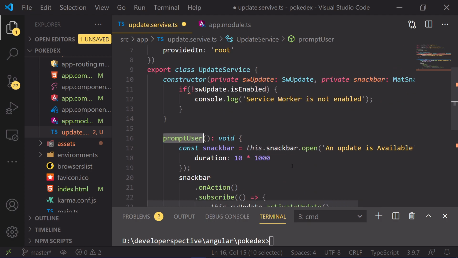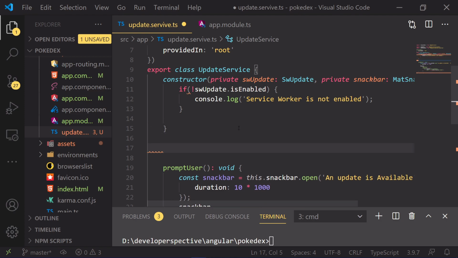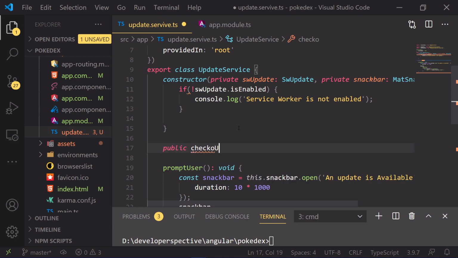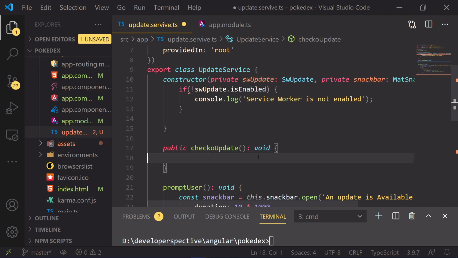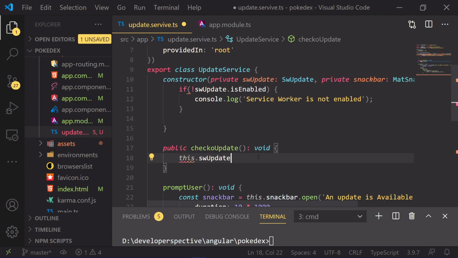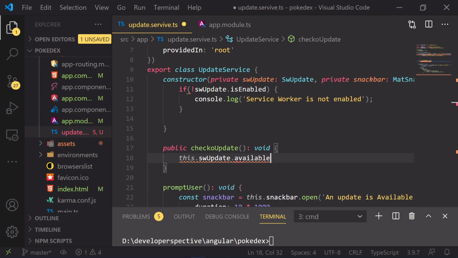Now let's add the function which will check for the update. I'll create a public function called checkUpdate, which will return void. Here we will again call this swUpdate variable, and this will check the availability.